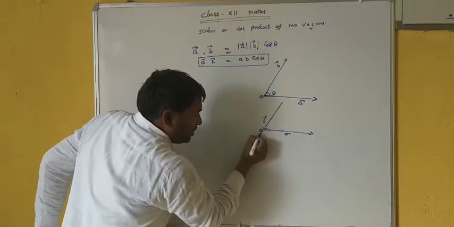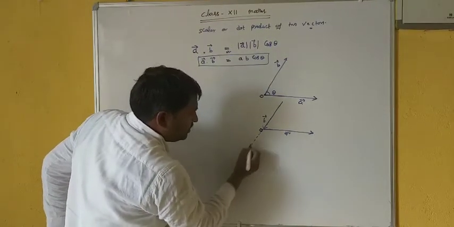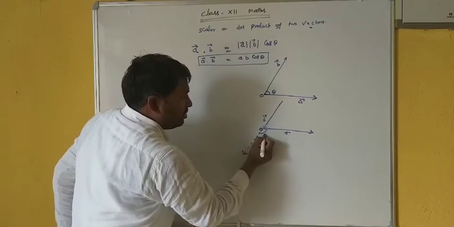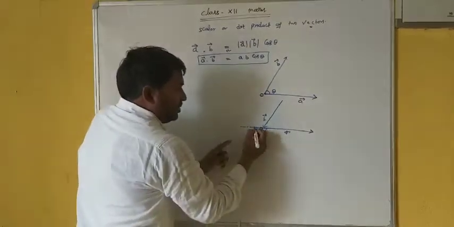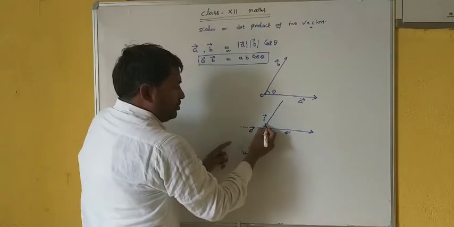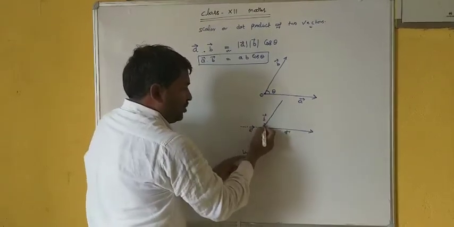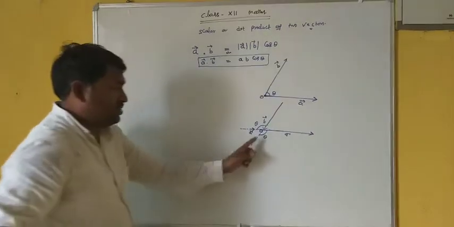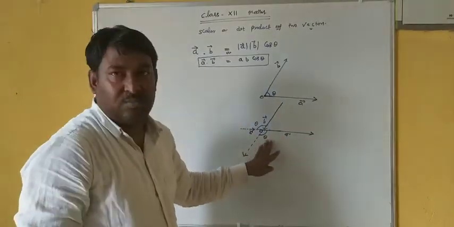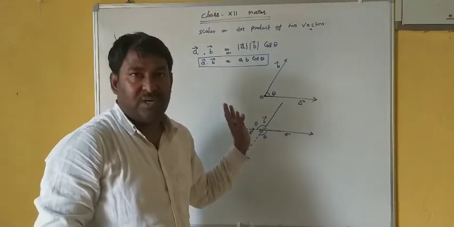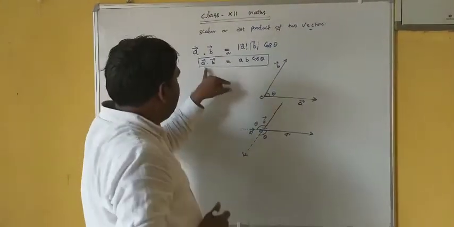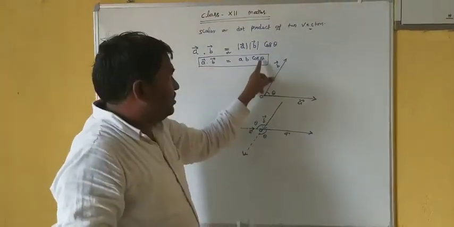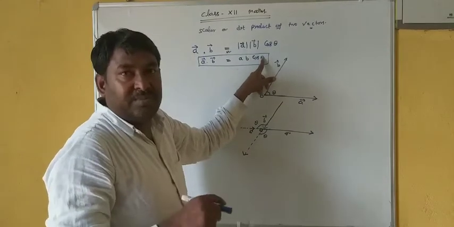Now see, you can take it like this, then this angle will be taken as theta. Or you can consider it as this one. So this vector A, you can consider as this vector A. So this angle, since both are incoming at this point, will be taken as theta. Just you can see, this theta and this theta are vertically opposite angles, that's why they will definitely be the same. Alright, now see, this dot product depends on cos of theta. Theta is the angle between A and B.